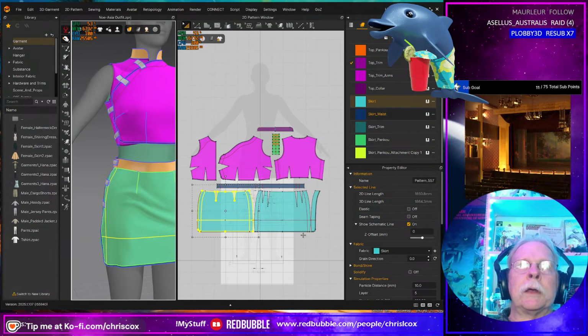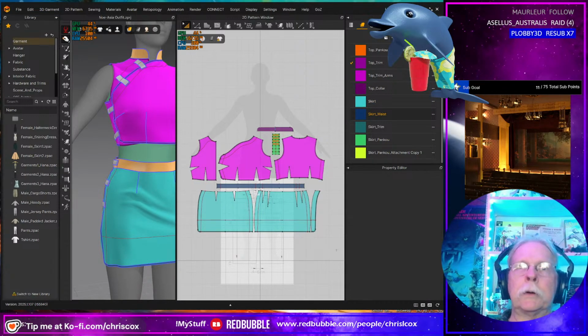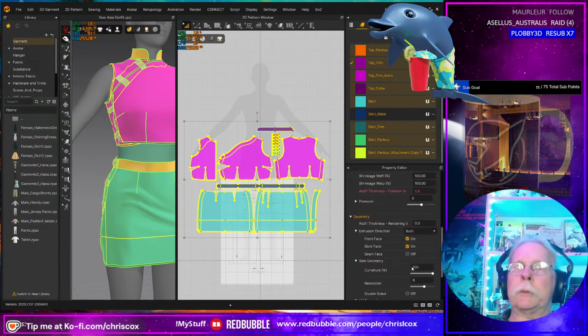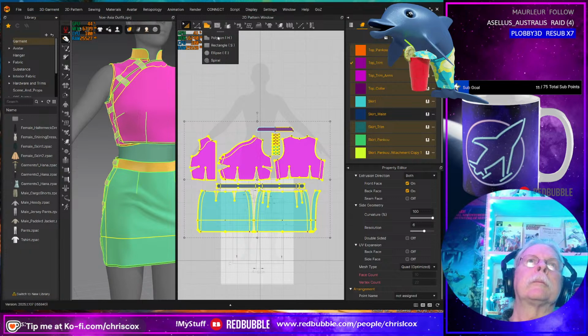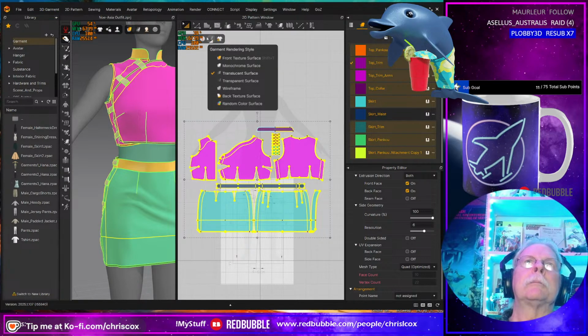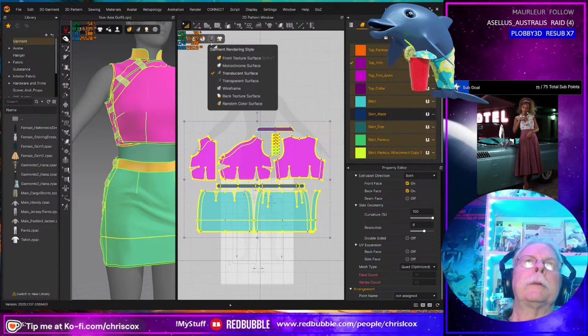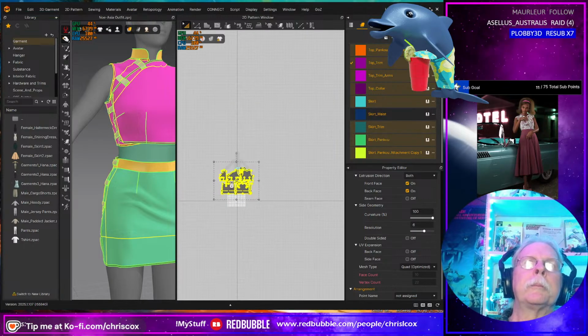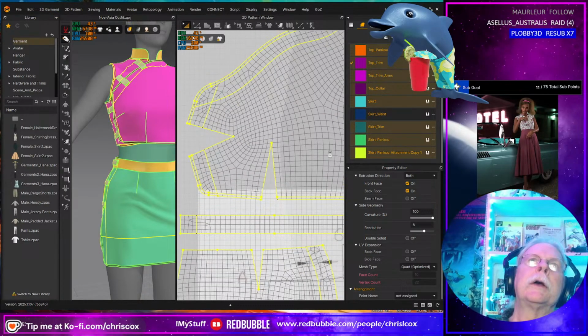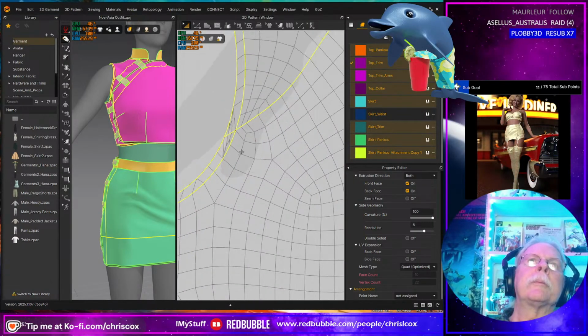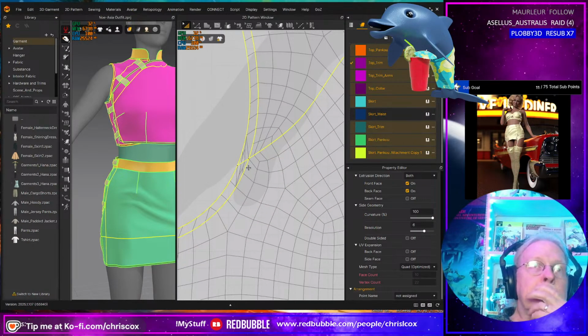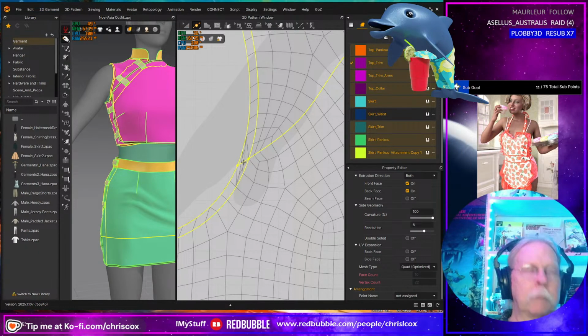So I think I am all good to go here. Almost, oh, you know what we forgot to do? We forgot to make sure you've got everything quad optimized. It does say quad optimized. Okay, so we're good. Let's take a peek at the wireframe. Let's see if I've got any really weird things in my trim that I might want to. Okay, right in here. I think I can maybe.